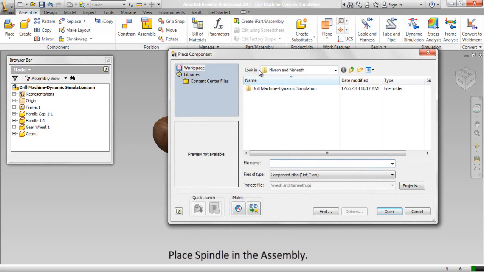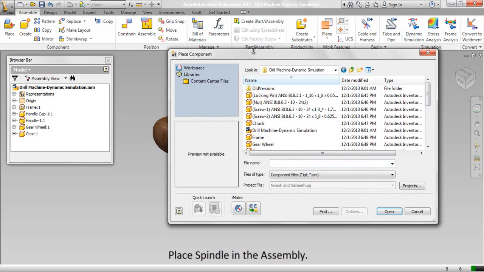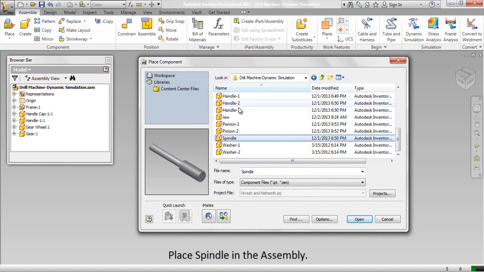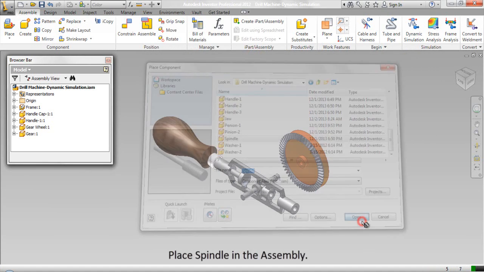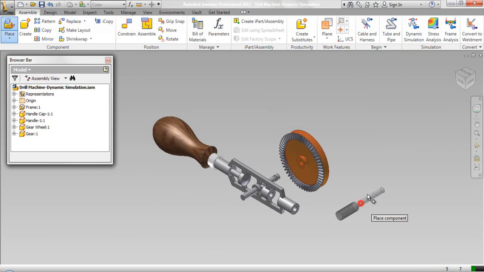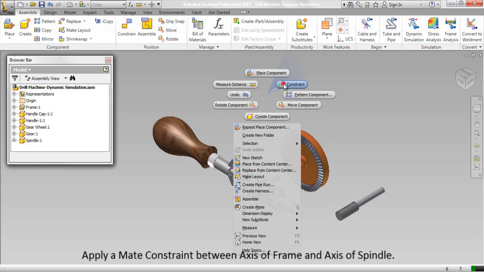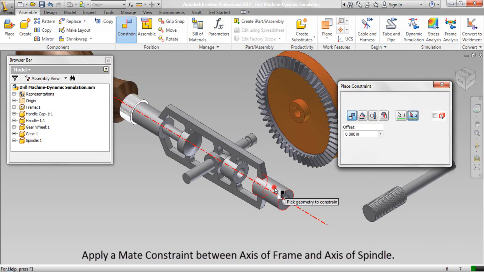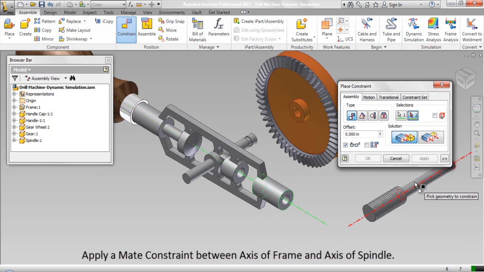Place spindle in the assembly. Apply a mate constraint between axis of frame and axis of spindle.